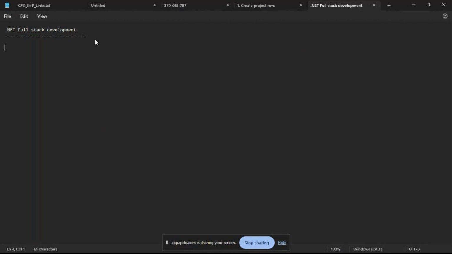Let me give you a brief introduction to what .NET is. .NET is a framework developed by Microsoft. The .NET framework provides reusable libraries to develop